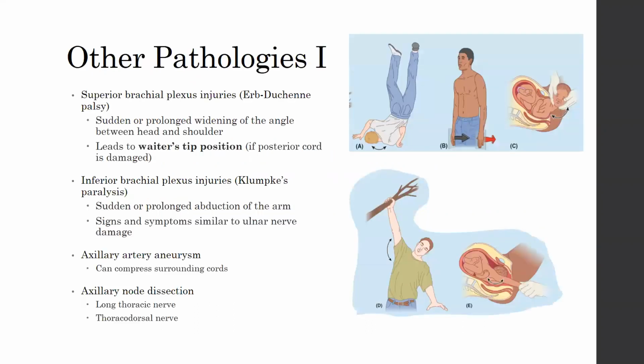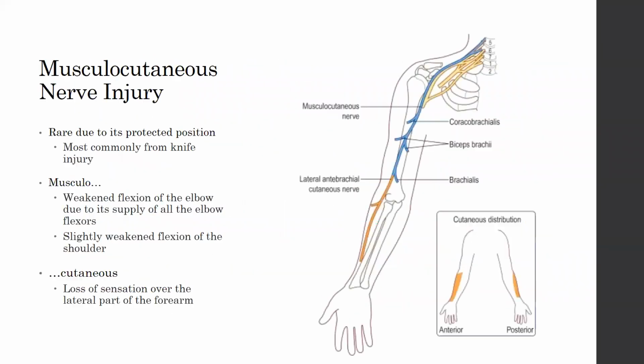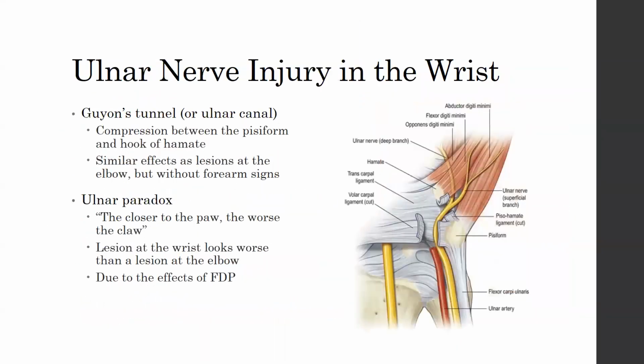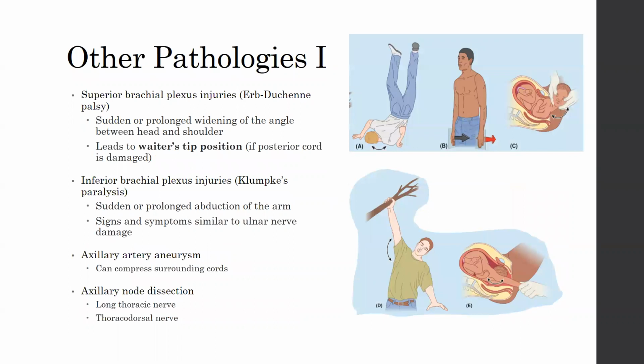Okay, those were the important things. I can guarantee you, I'd say 80% of upper limb exam questions would have been on all these things right here. But I'm going to quickly run through some other things, and I'm not going to go through all of them either. So, brachial plexus injuries,